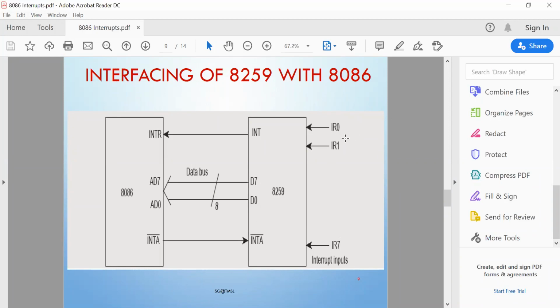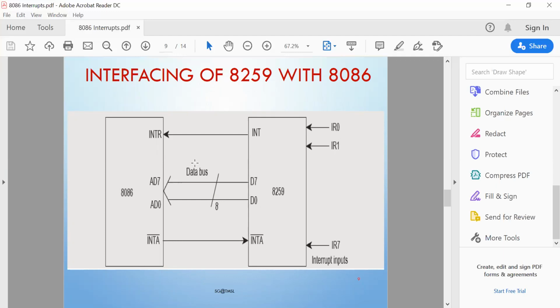So one 8259 has 8 interrupt request signals through which the signals are coming from the external peripheral devices, and that is to be connected with the INTR pin of the 8086 microprocessor. And if any signal is coming through this INTR pin, it gives the acknowledgement signal using the INTA bar pin. When this INTA bar is given to that controller, the controller can identify that the microprocessor is ready to process that interrupt signal requested by some external device.